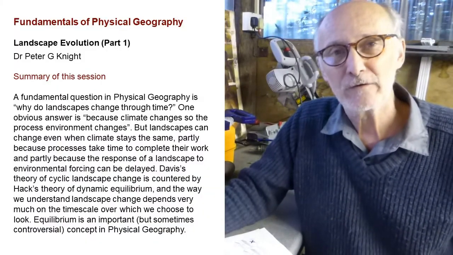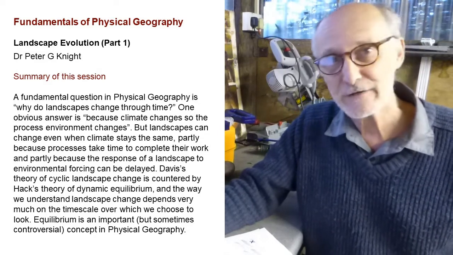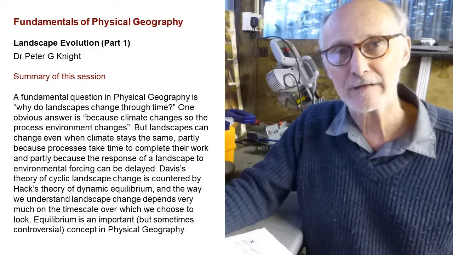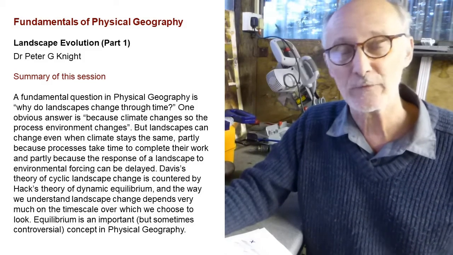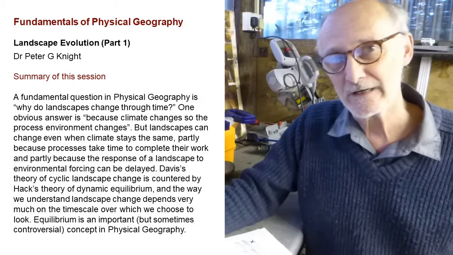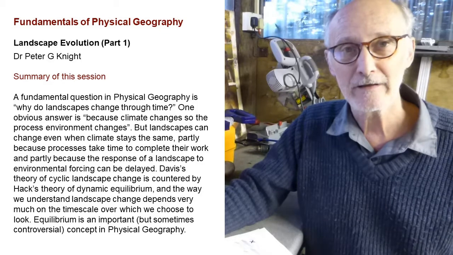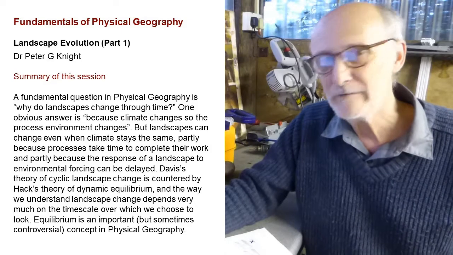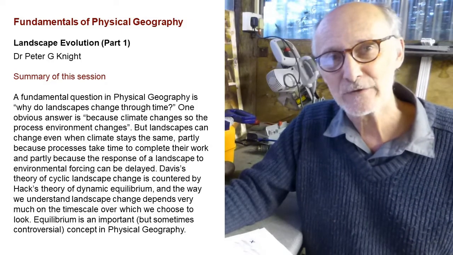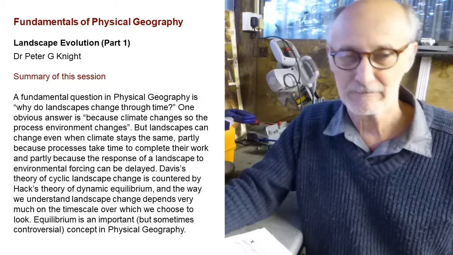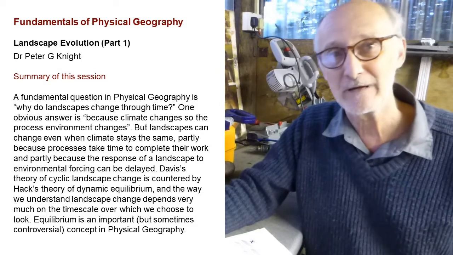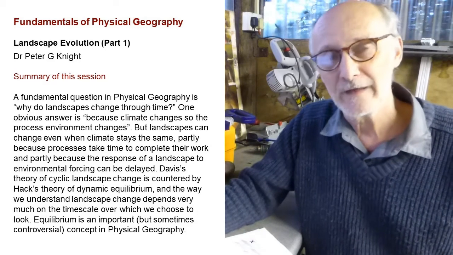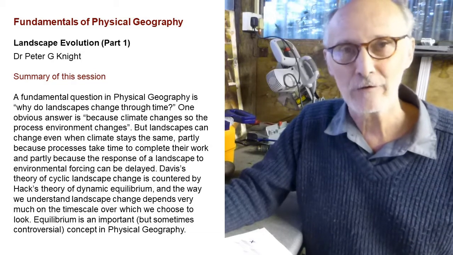Over the course of the module we've talked about environmental change, climate change, sea level change, the way that things change over time, and we've also talked about landforms and landscapes and the processes that create them and geomorphic process environments. In this session we're combining those two things together and looking at how landforms and landscapes change over the course of time. One fairly obvious connection that you've already made, I'm sure, is that given that landforms and landscapes are controlled by processes and processes are controlled by the nature of the environment, it makes sense that if the environment changes over time, then landforms and landscapes are also going to change over time.